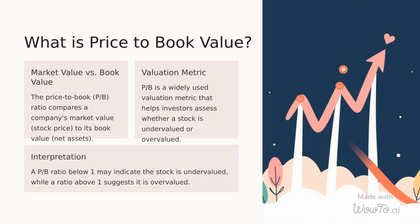Till now we have seen how to calculate the book value. But now let's look at the price-to-book value ratio. This is one of the key financial metrics that compares a company's market value to its book value. This ratio compares a company's market value, which is the current share price, to its book value, which is equivalent to net assets. This ratio is a widely used valuation metric that helps investors assess whether a stock is fairly valued, undervalued,